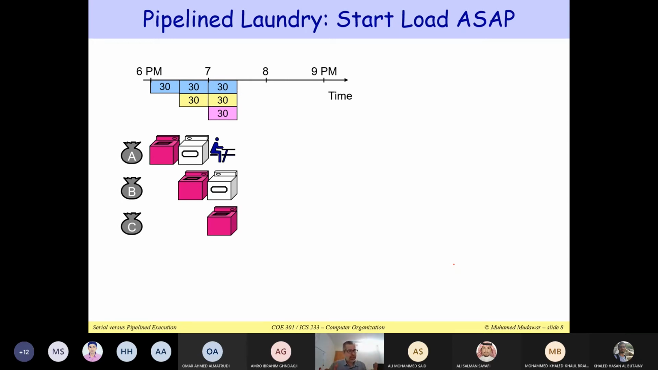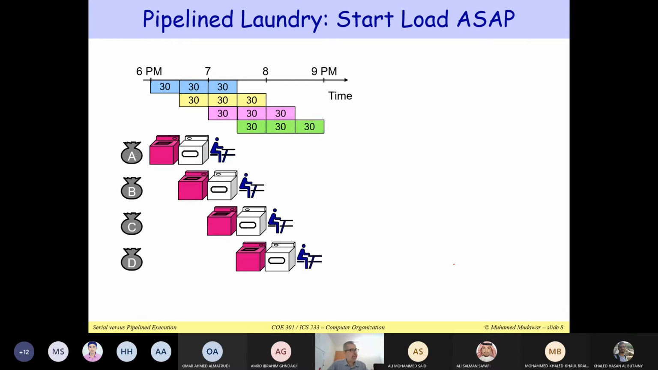And during these 30 minutes, I'm using C on the washing machine. I'm drying B. And I'm going to fold A. I can fold them, I can even iron them, whatever. So that can actually be done. 3 things can be done in parallel. If you continue like this,